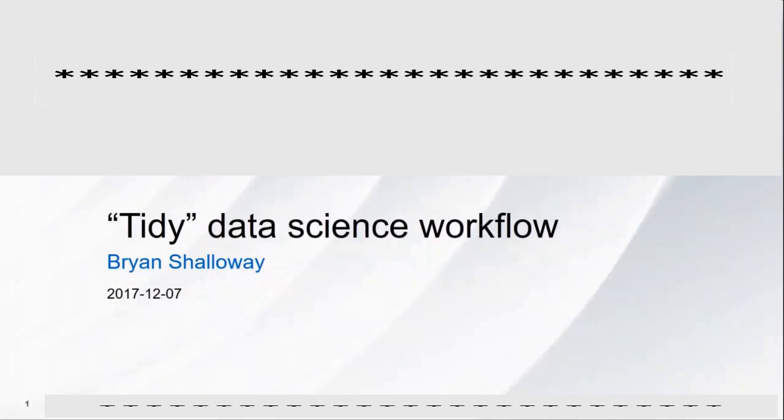So what I'll be doing is going through, again, it's not going to be a machine learning oriented talk. It's going to be more about what a workflow looks like and what building coherent, consistent, readable code looks like in R specifically. And in terms of my inspiration for talking about this, I started working on